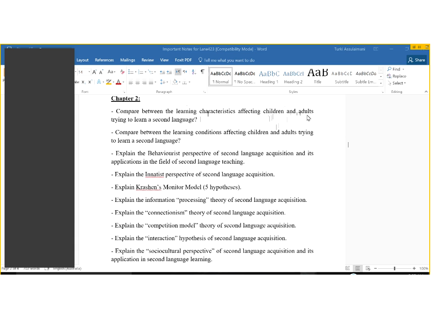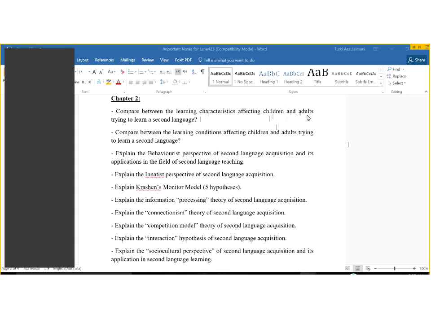So the ability that you have in your mind to do certain tasks, to solve problems, problem-solving abilities, and all these. This is what we mean by cognitive maturity and metalinguistic awareness. Again, you will find it more in adults, not in children. So when you look at that, you might expect that adults have an advantage over children. So move on to the third paragraph.